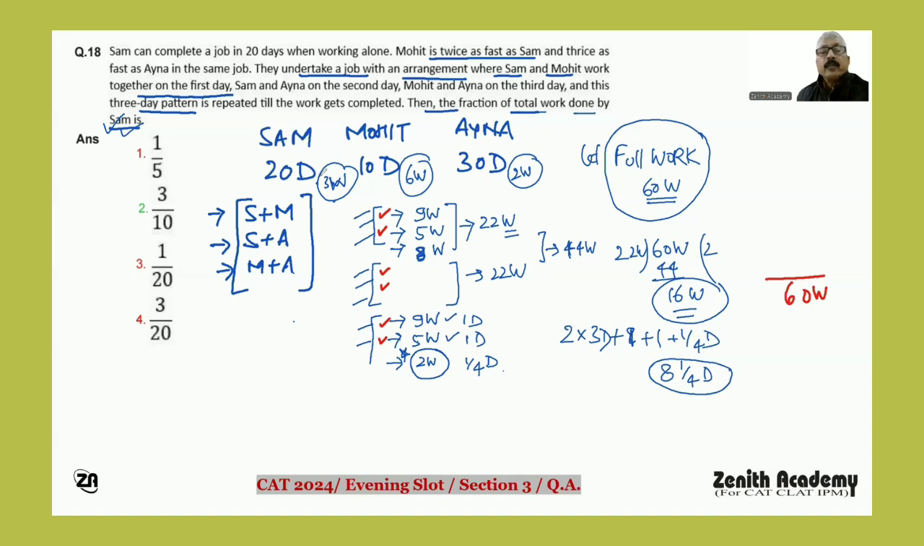और सैम जब भी आता है तो सैम कितना वर्क फिनिश करता है? 3 वर्क. सो 3, 3, 6, 9, 12, 15, 18. So out of 60 work, the contribution of Sam is 18 work. So it is 9 by 30, means 3 by 10. So the fraction of the total work done by Sam is 3 by 10. Answer is,